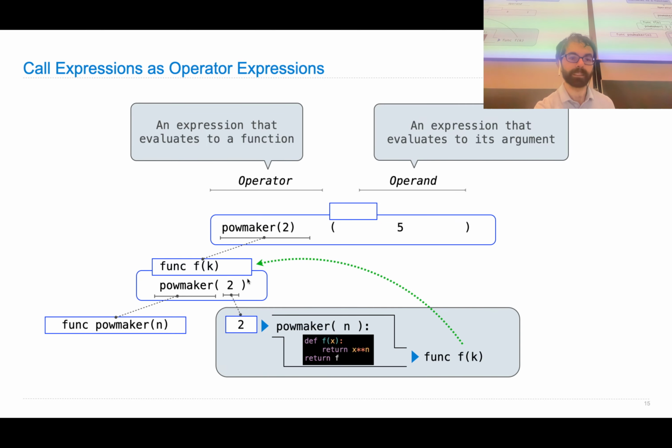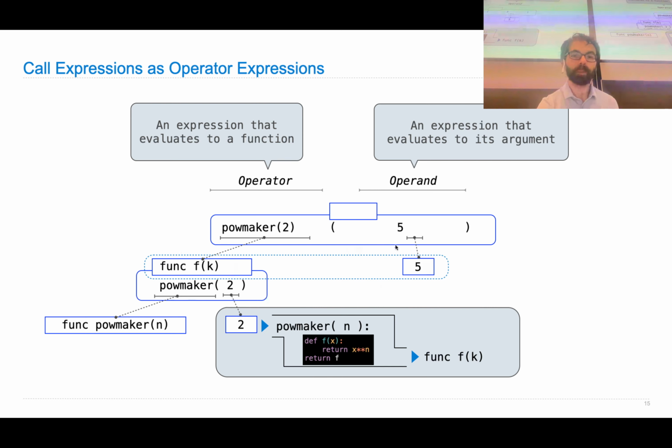And so the return value is a function, and that's what gets passed up into this little box. Remember, these little boxes up top in my guest lectures are the result of the function call. Now that we have this function, we can apply the 5. If I take 5 and put it in PowMaker2, which is the function which squares, I get 25. Is this a lot of machinery, a lot of visuals for a concept that's relatively straightforward? Yes, but I still find it personally helpful.